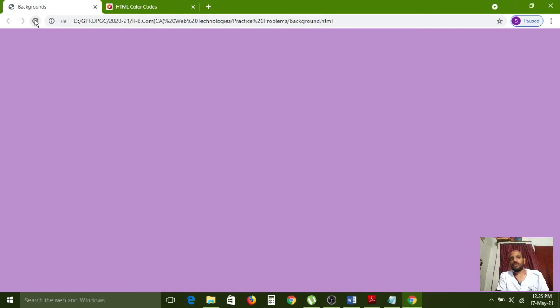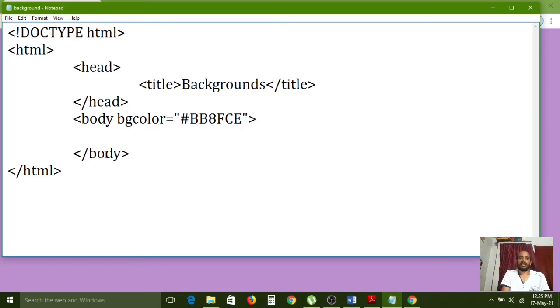And one more option we have: if you want to apply an image as a background, that is also possible with the background attribute. Instead of this one, if you want to apply a color, bgcolor is the attribute.